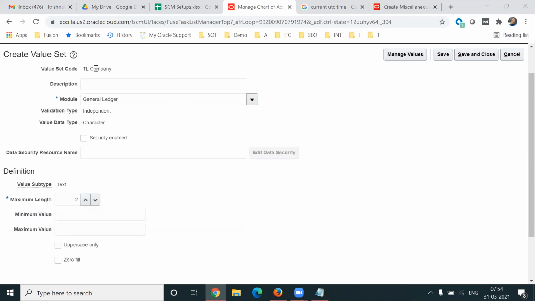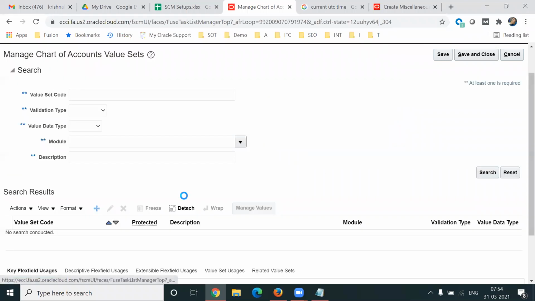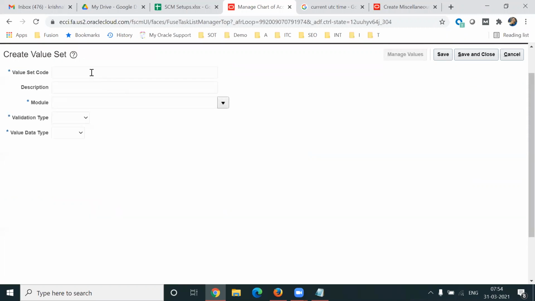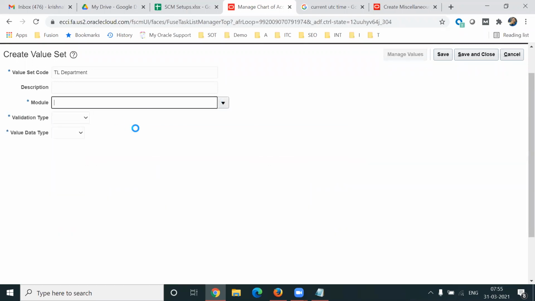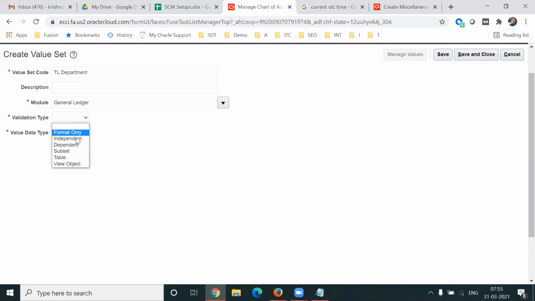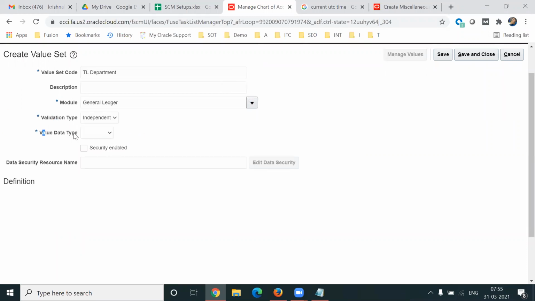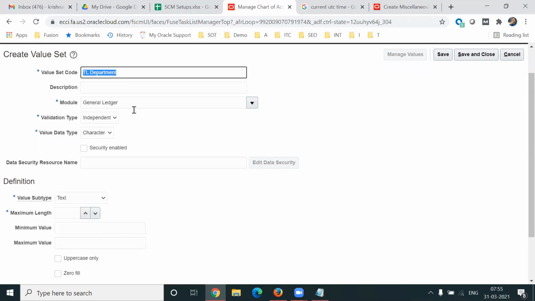So I created company value set, and in the similar way we'll create another 2 value sets also, that is department and account. So TL department, and then module is general ledger. And validation type independent. And what kind of data we are entering here? Characters we are entering here, and then text. And for department, I would like to maintain 3 characters, so enter 3. Maximum I would like to maintain 3 characters. Save